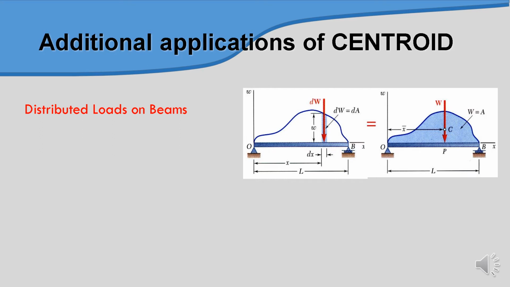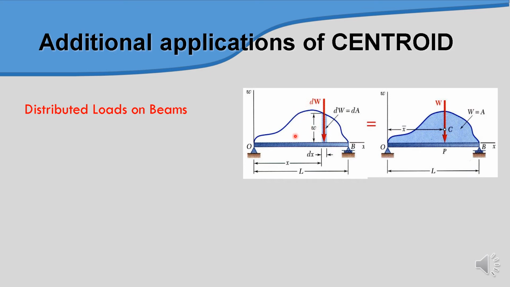As you can see from the diagram shown, there is a distributed load from the arrows of dW. In this case, there is a non-homogeneous load given on the beam along the line OB. The distributed load is everywhere along this line, from O to B, with a different value of dW.